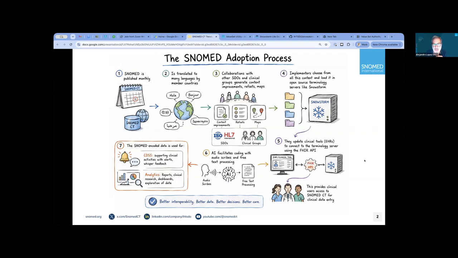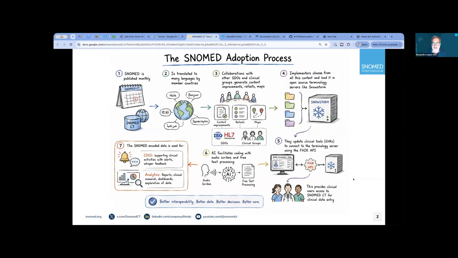So the trends that I will show you apply to some of these steps. Yes, we will see some tooling, we will see some demos, we will see some guides, and all these new developments this year in SNOMED CT try to simplify this in some way. So when I describe different initiatives, we should remember this process, and this is what we're trying to streamline. We try to make it simple, so that every month a new diagnosis is published by SNOMED CT, and that as soon as possible that diagnosis is available to the doctor in his native language, to be coded by himself or by AI, and to be able to be used for analytics and reports.